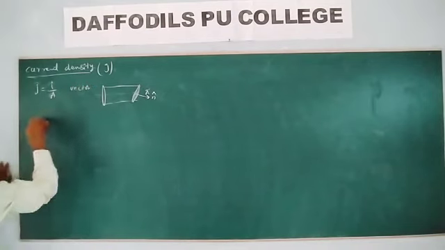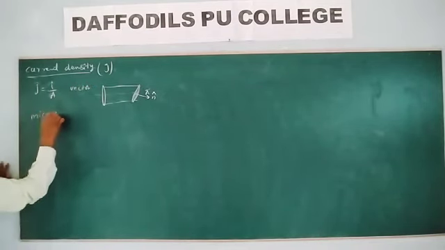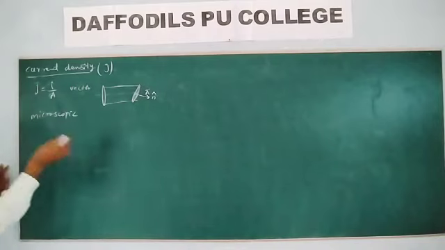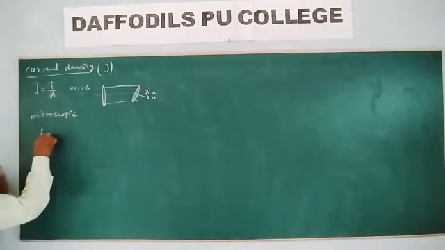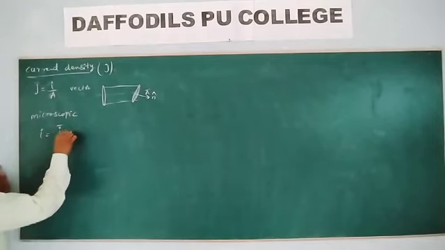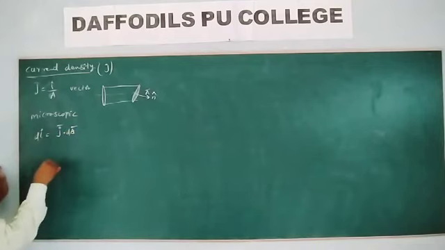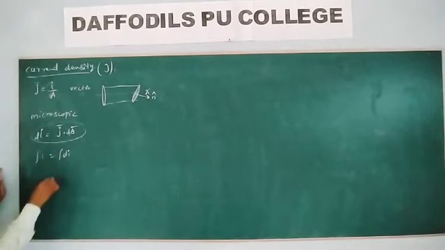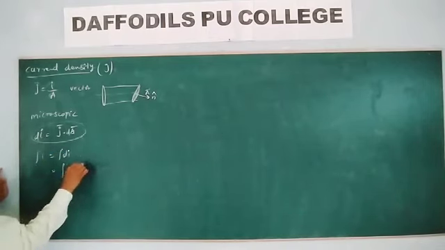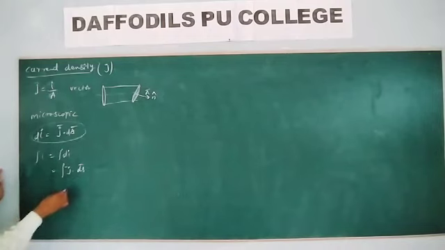Current density is a vector and it is a microscopic quantity. Current is a macroscopic property, but the current density is a microscopic property of the metallic conductor. You can write I is equal to J bar dot A bar, or dI is equal to J bar dot dA bar, or integrating, I is equal to the integral of J bar dot dA bar. J bar is the current density, which is microscopic.